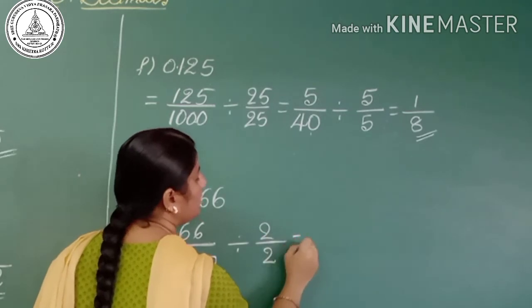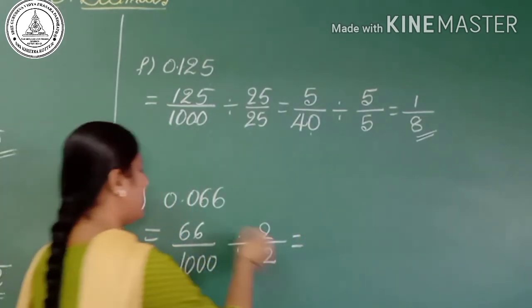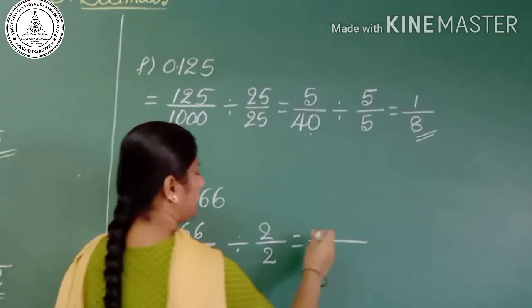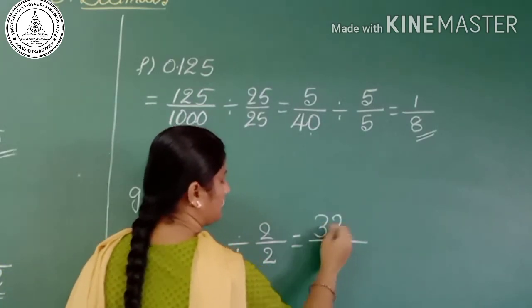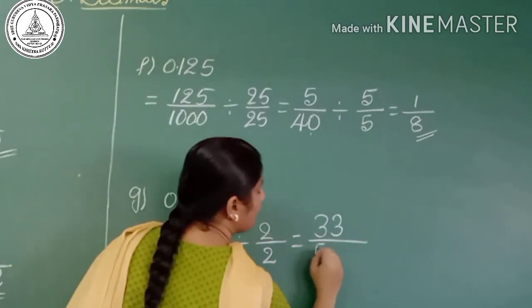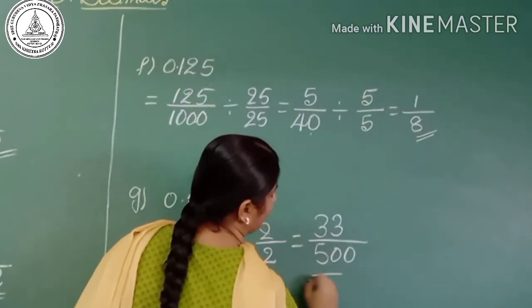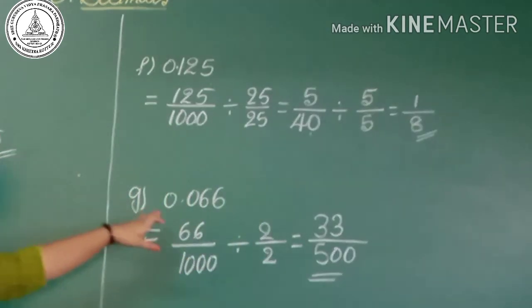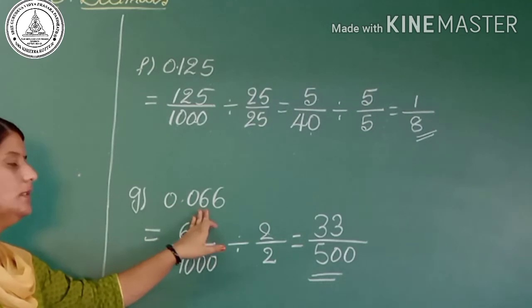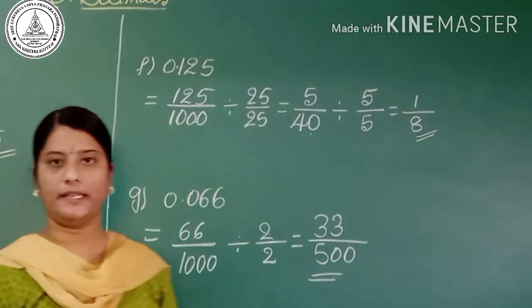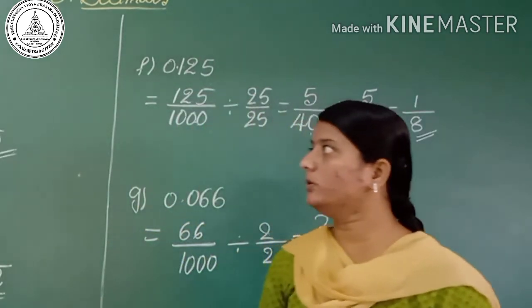Divide the numerator and denominator by 2. 2 thirty-threes are 66. 2 five hundreds are 1000. 33 by 500 is the lowest form of the decimal number 0.066. Yes. Up to here we have completed exercise 8.2. In the next